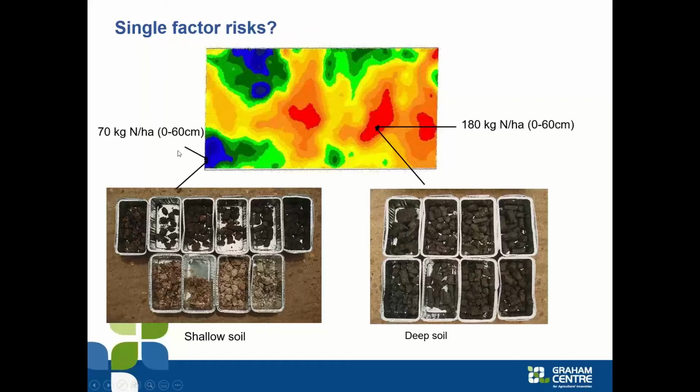And so it could well be that 70 kilograms is more than enough nitrogen to satisfy the crop in this low conductivity shallow soil, and that actually 180 is not enough nitrogen to reach potential in a really deep black cracking clay soil in northern New South Wales. So it highlights the fact that we really need to understand the landscape, not simply go out and have isolated pieces of information to take us down this track.